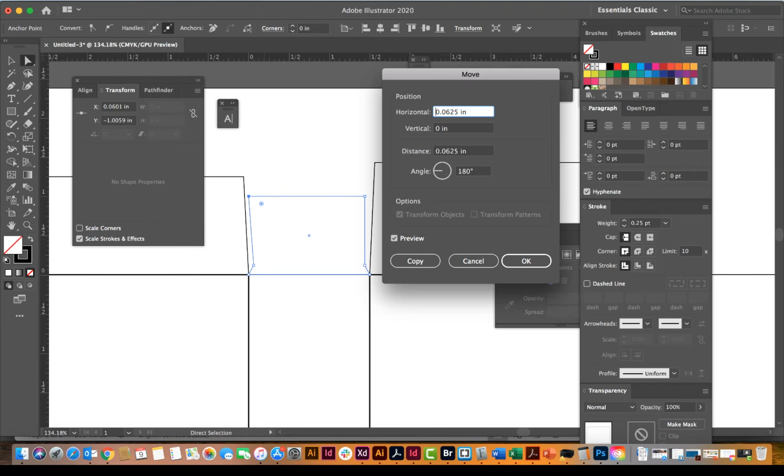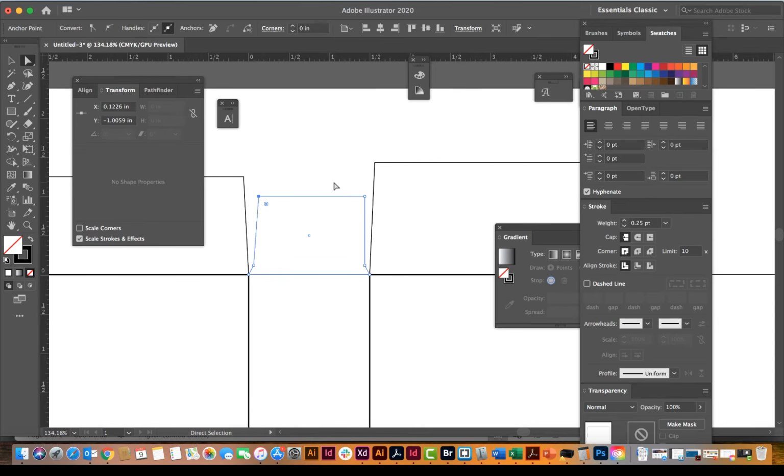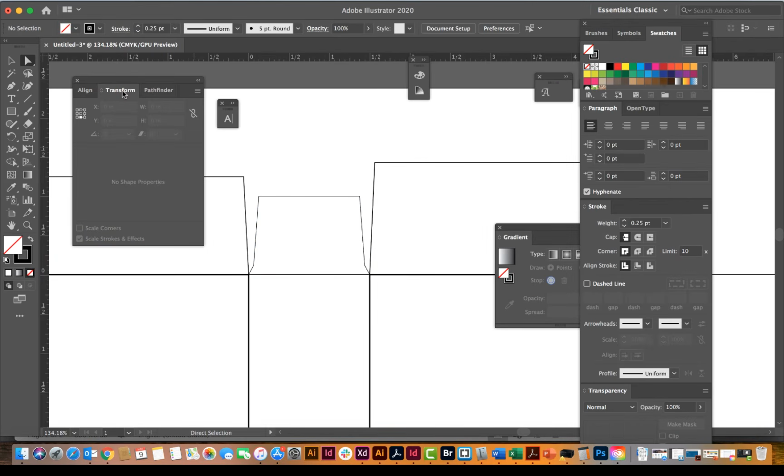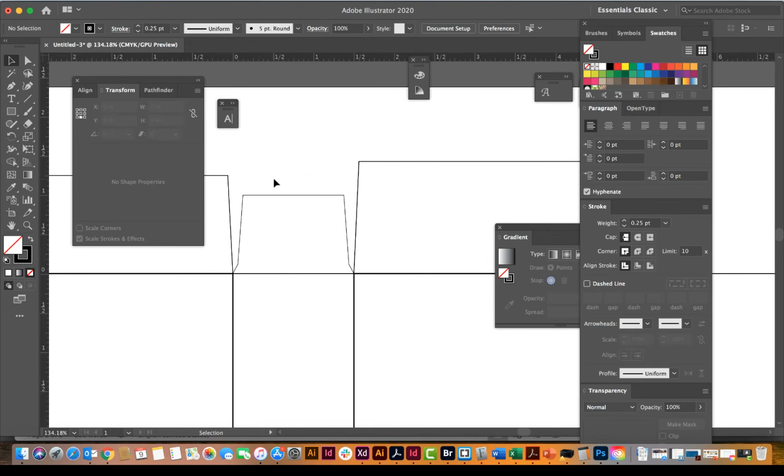So I will move it another 1/16 of an inch, and same with this one, so it tapers just a little bit more. And now I have a nice mathematically proportional tab. Now, because this was kind of a lot of work to do, a couple more steps to add those points to it, a little more moving, a little more tapering,